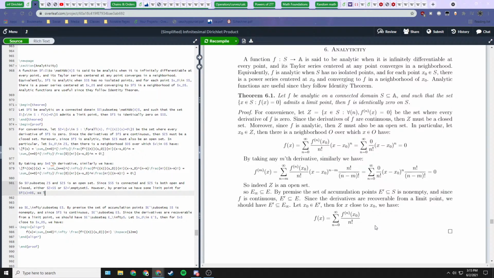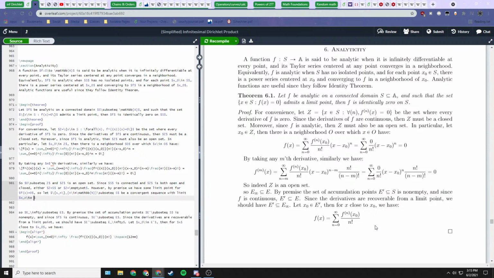So let's say x sub n in S be a convergent sequence with limit x sub n going to x, doesn't matter. Actually, we'll just call it x0. And then we can say